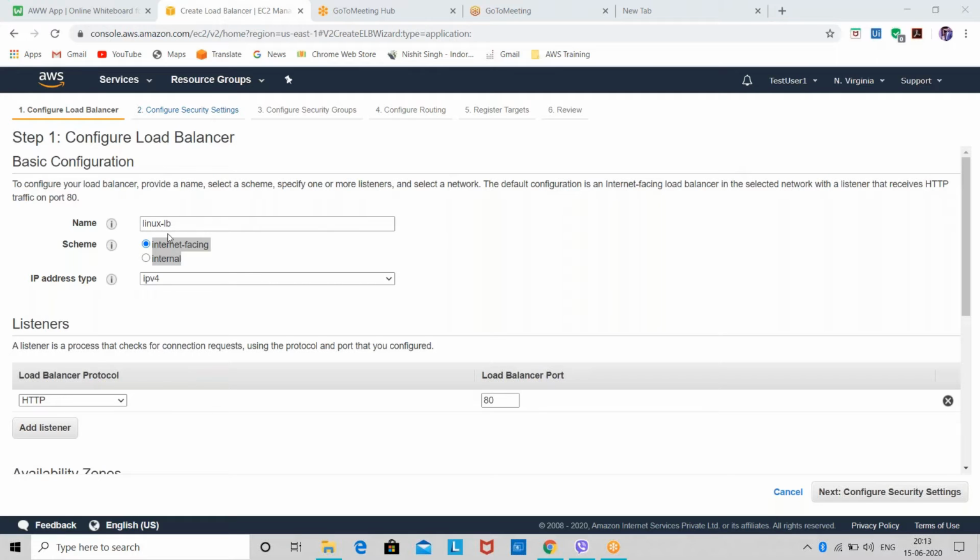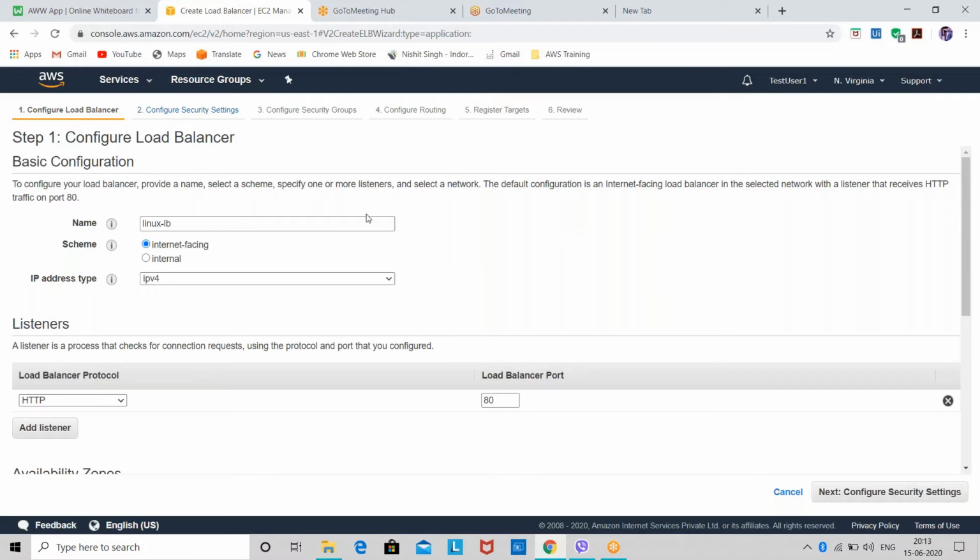Basically, whenever we create a load balancer, we create it to make sure that the load on our machine gets distributed between multiple servers. We will get the load in two different ways, right? One way is we'll get the load from the internet. Let's say I have hosted a website. All the requests on my website will be public, so anyone can send a request to my website. That is internet facing, like you get the request from the internet.